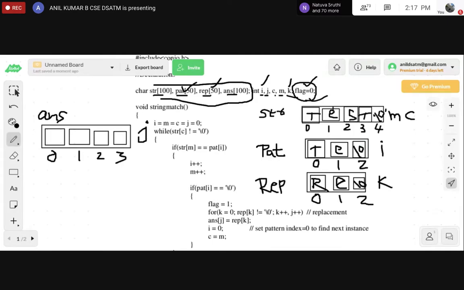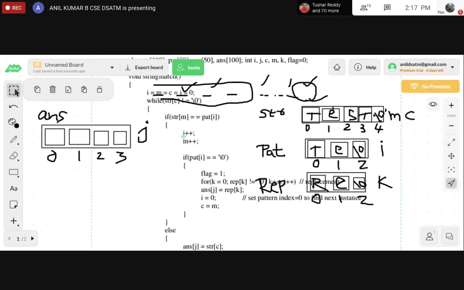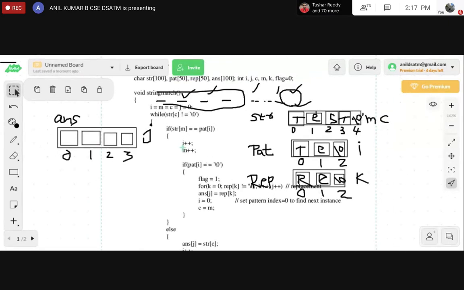So these are the various indexes that we are using in the program for evaluating this algorithm for pattern matching. So it is a very important algorithm. Please be careful and listen carefully.